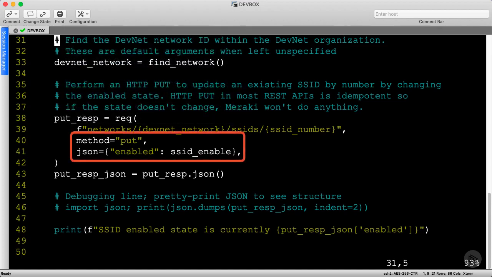The REQ helper function requires the resource string, but we can optionally override the method and JSON parameters accordingly. The JSON body just specifies the key value pairs to update, and in our case, we only want to change the SSID state. The REQ function will raise an HTTP error if the request fails, so we don't need to